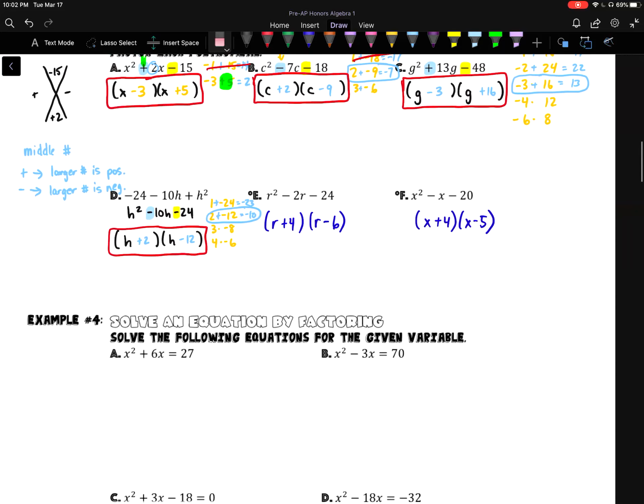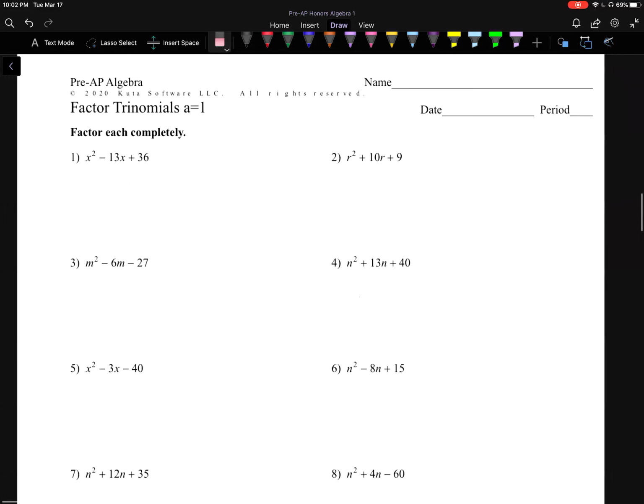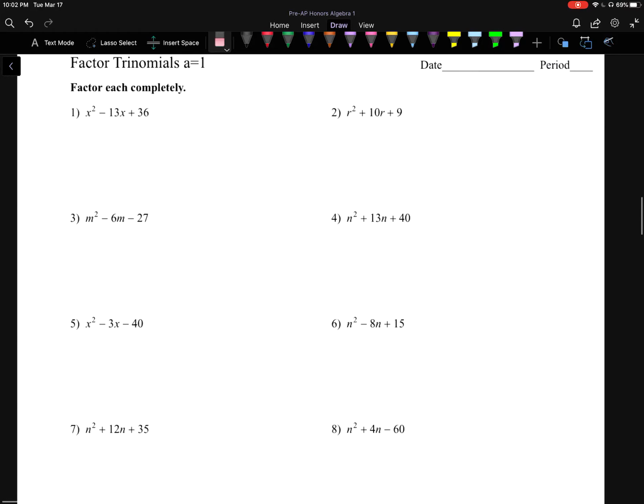All right, what I'd like you to do now is take out your homework packet. We're factoring trinomials when a equals 1. I'd like you to do the odd problems and complete those. If you feel like you need extra practice,